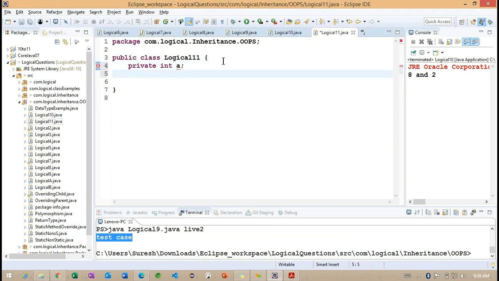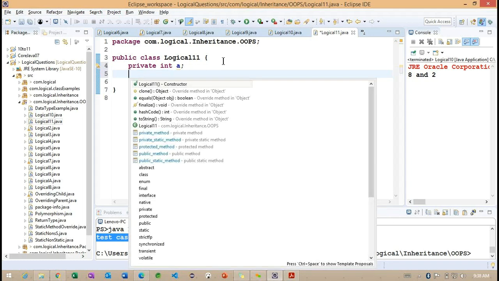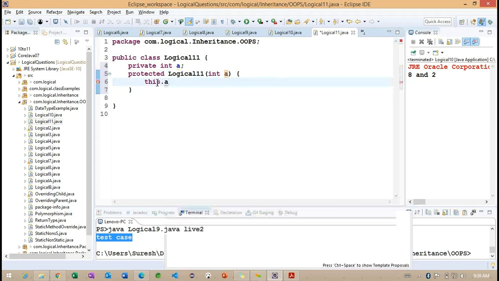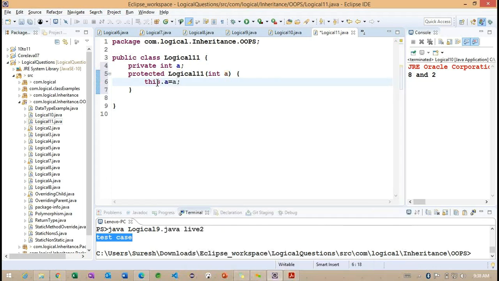I'm trying to define the variable. The constructor I'm making as protected, with int A. So this is the one constructor I'm trying to work with.